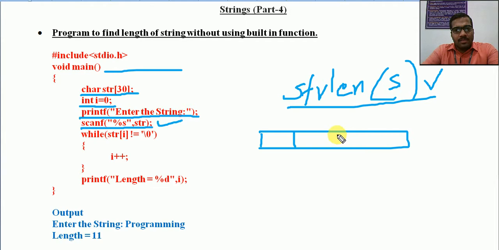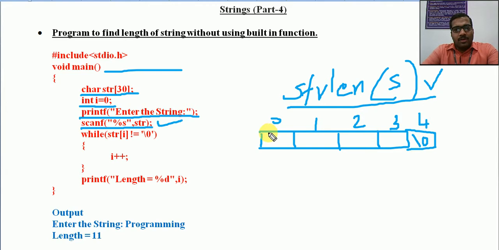For example, I will read a string of size 4, starting from index 0, 1, 2 and 3. This is the length of the string, and in the next position we have \0.